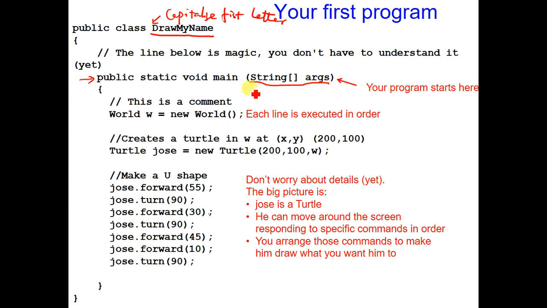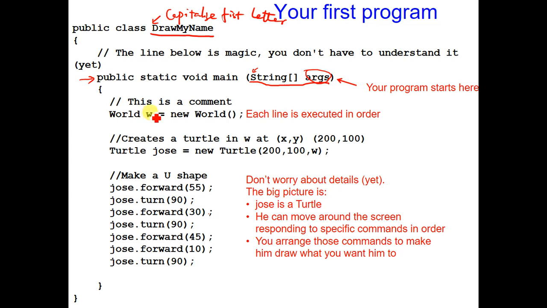Inside the parenthesis you have a String, capital S, keep in mind, because String is a class, and in Java everything that is a class in general has the first letter capitalized. So that's why we say, when you write your own class, make sure you capitalize the first letter. It's easier for people to identify which one is a class and which one is not. And then you have a square bracket and args in here. But this line, just type it in.